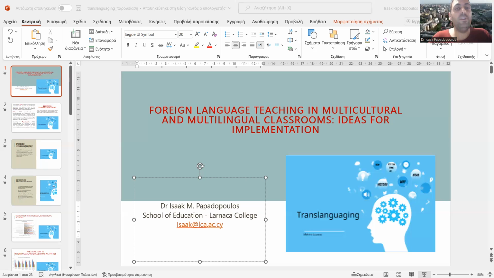Moreover, Williams described translanguaging as a procedure in which one language and what it contains can be used to enhance the other language, having as a main goal the increasing of understanding as well as the abilities of the students in the two languages. And according to a current research of mine, Dr. Papadopoulos in 2020, translanguaging is a practice in which students make use of their whole linguistic and paralinguistic resources in their attempt to learn, to communicate and to interact.